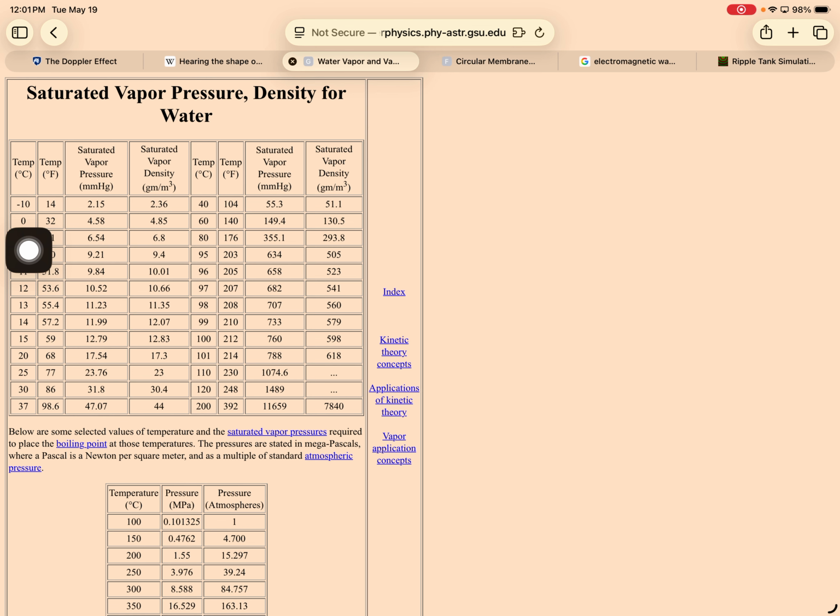Okay. What happens? So let's do it this way. Okay. And this is called 100% humidity. If the air has 618 grams at 20 degrees Celsius per meter cube, then that's 100% humidity. What if the air has 309 grams per meter cube? That's 50% humidity. All right, so we live in Florida, we live in constantly 100% humidity.